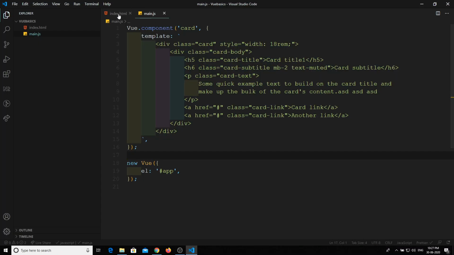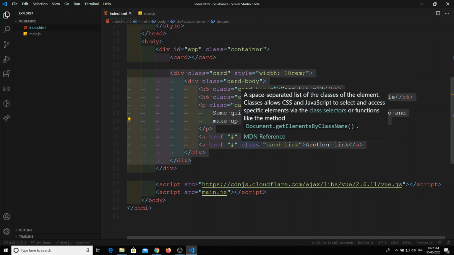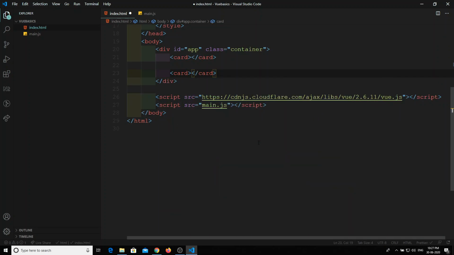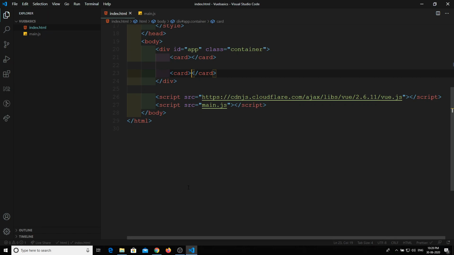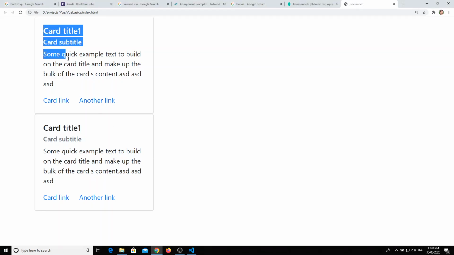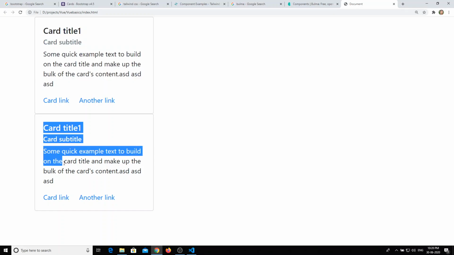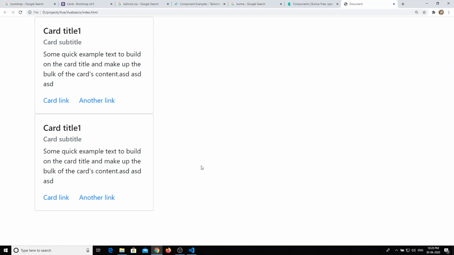Okay, now when you go here and when you want to remove this card, you are also using the same markup, right? So we can create another component with the name card. Not another component, we'll use the same component card. Now the same output came, but the problem is it is showing the card title one here and the card title one here, and it is something like duplication of the code. So it would be better if we pass data to the component, and whatever data is needed for the component, if we send it and show it in the component, it would be better for us.